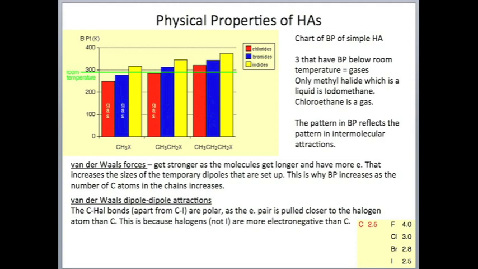Also, we need to be aware of the fact that the carbon-halogen bonds, apart from the carbon-iodine bond, are very polar, because the electron pair is pulled closer to the halogen atom than the carbon, and this is because the halogens are more electronegative than carbon. So here we have the electronegativity values. Carbon is 2.5. We can see that fluorine is 4, therefore it's more electronegative. Chlorine 3, also more electronegative. Bromine also more electronegative than carbon, but iodine is the same,